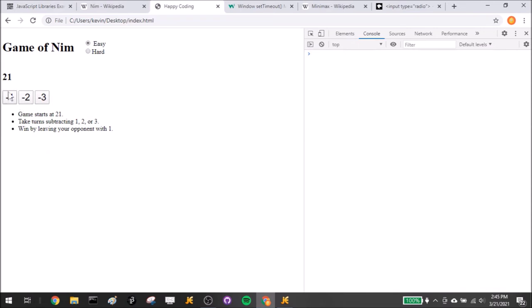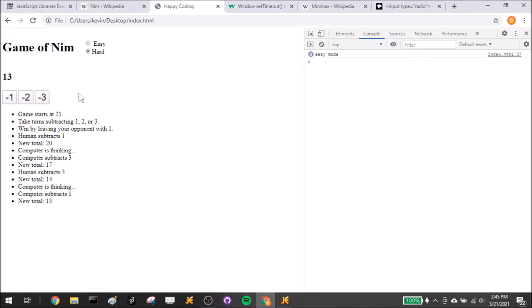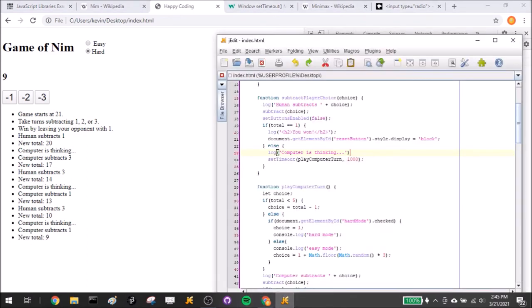Refresh. So it's on easy mode, so I should see it say easy mode. Easy mode. Should say easy mode again. It did. Now I switch to hard mode. Should say hard mode. And it did. All right, cool. So that actually does work how I was hoping it would. Okay, fine. And what I want to do